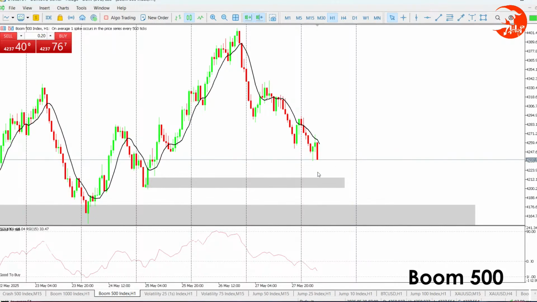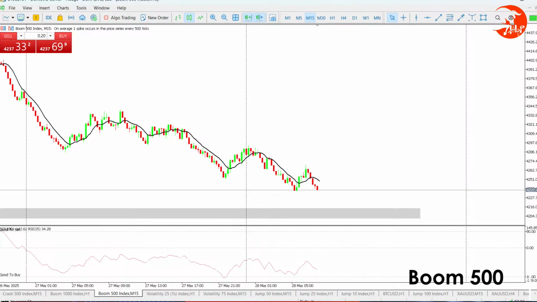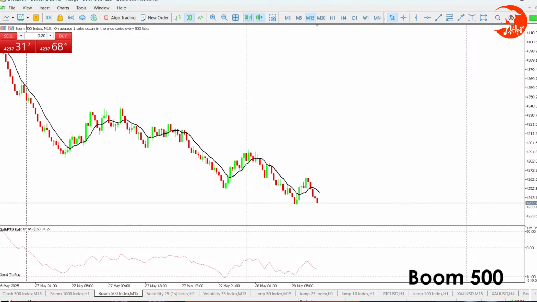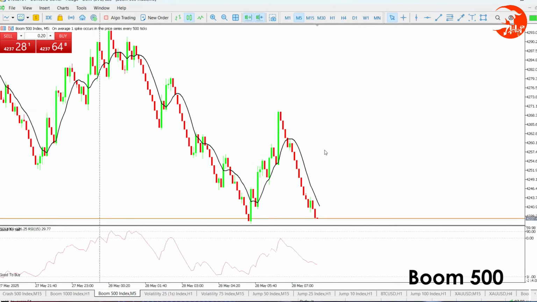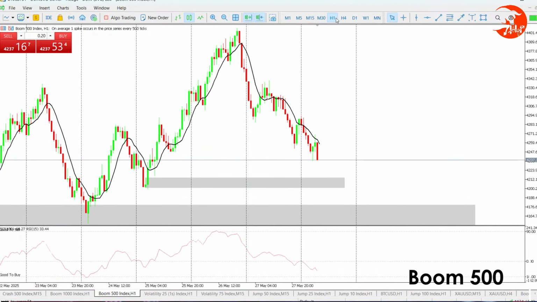If you want to risk, then you can risk entering sales to reach here, but that will be a risk that will be on you. I don't advise entering right now where it is, but if you choose to enter, that is your own risk that you're taking. Price is likely to go back up according to what I see on M5 and M15, and then come later down.